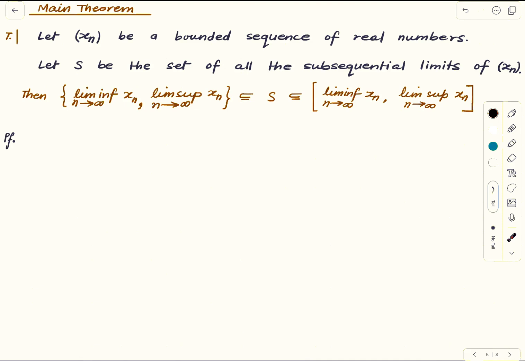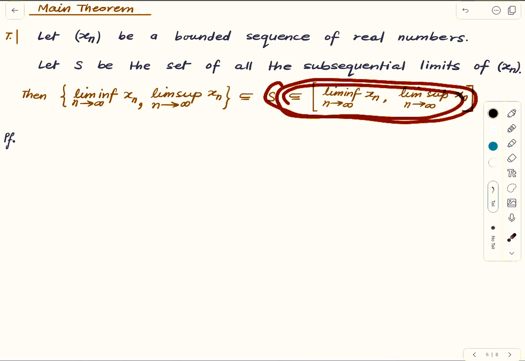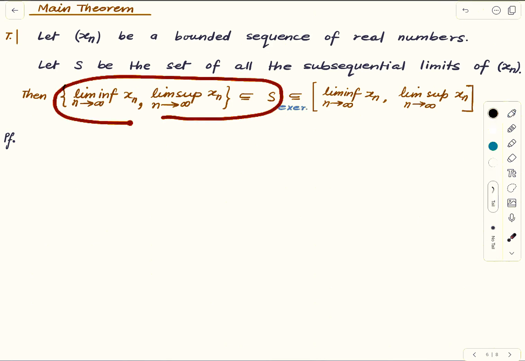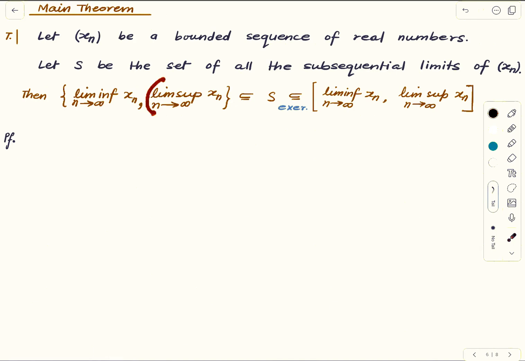Okay, so this part is actually very easy. This is an exercise. We will justify this part, and in fact we will just justify that this is here because the argument for the limit inferior is analogous. Okay, so let b be equal to the limit superior,